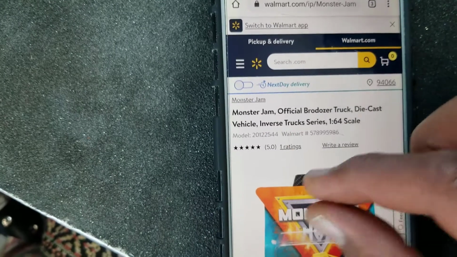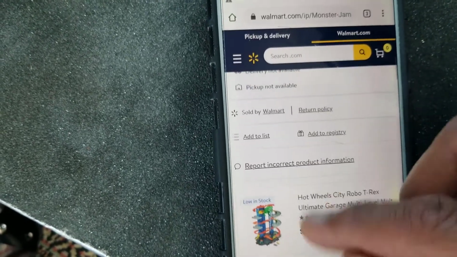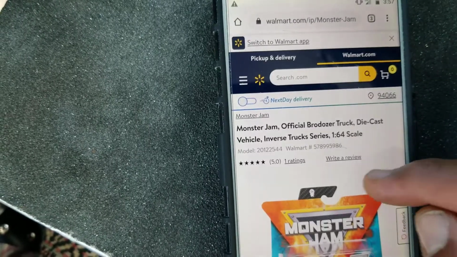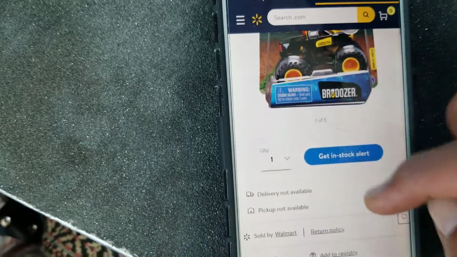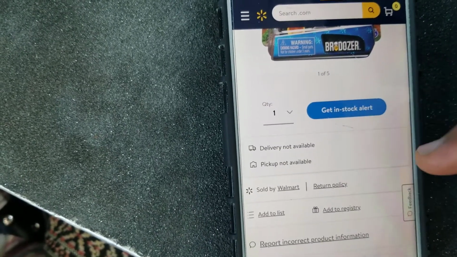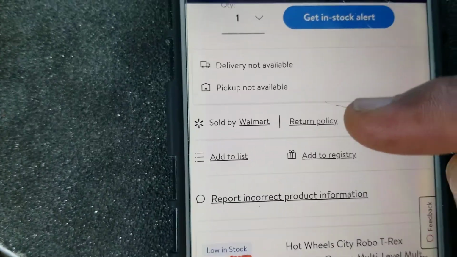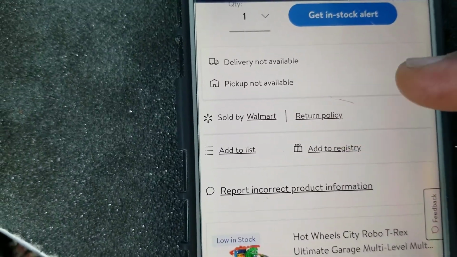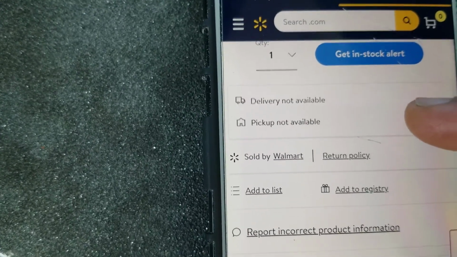Let me see if I can reduce that so you can see it a little bit better. Now, here's what you got to notice. Pickup is available. Well, it was. It's not anymore, but